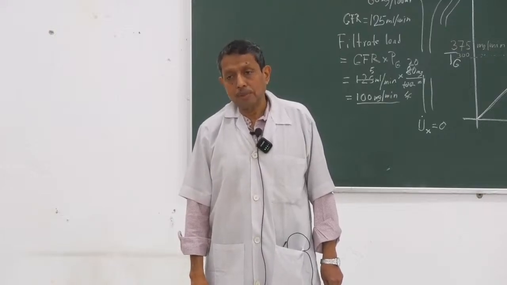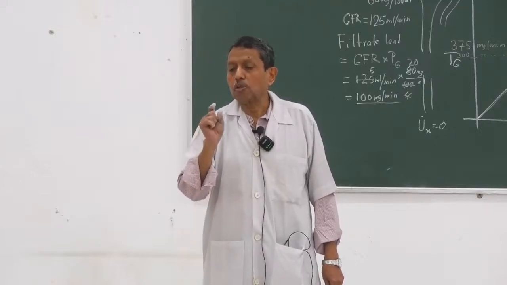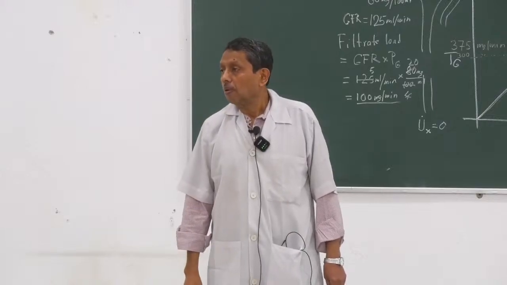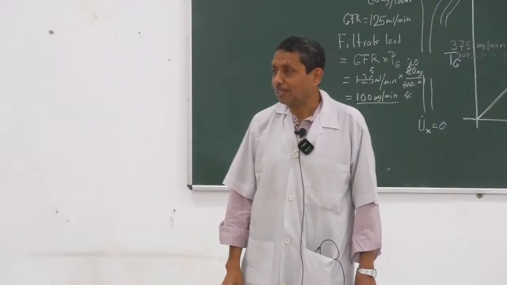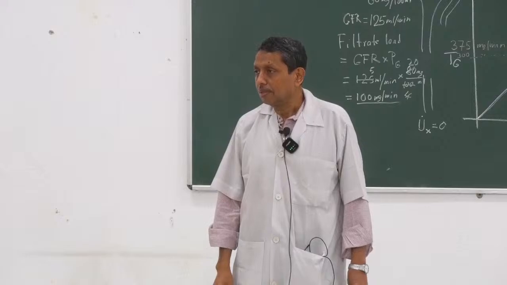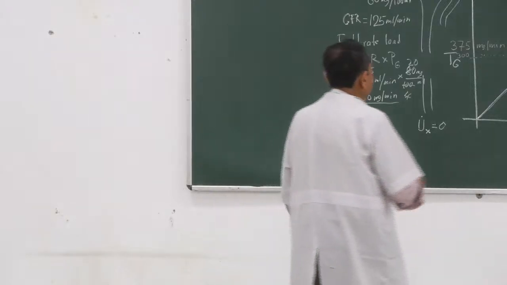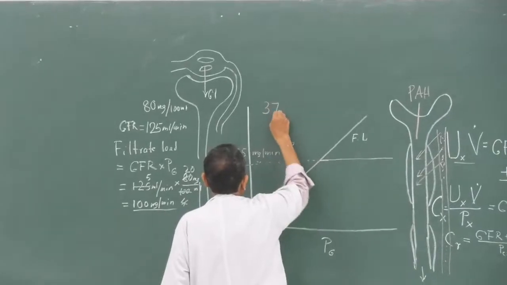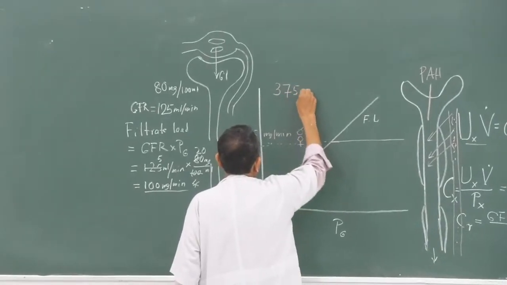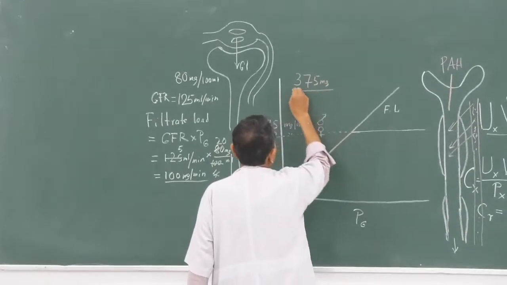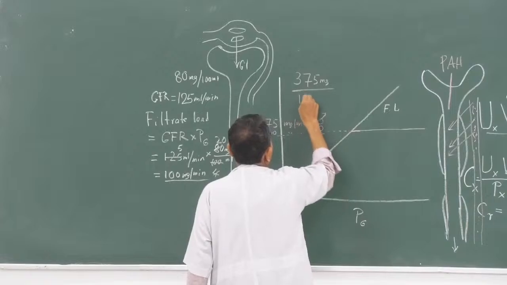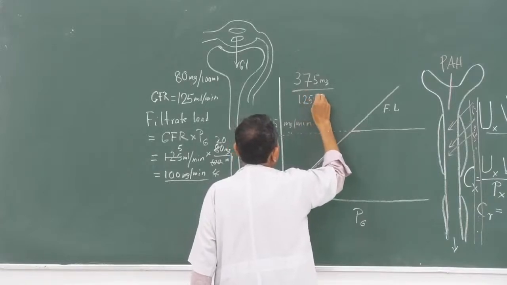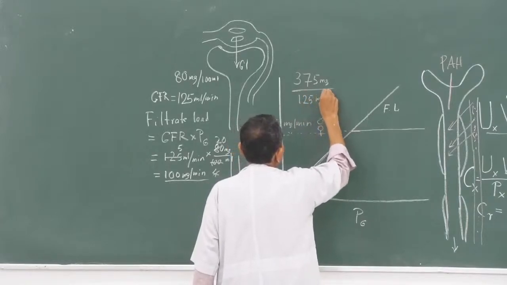Then it is the transport maximum, and it has a corresponding value of plasma concentration. So if you divide by 125 ml